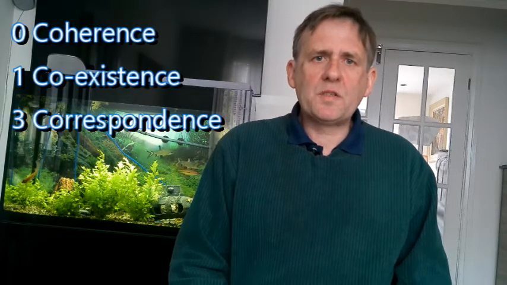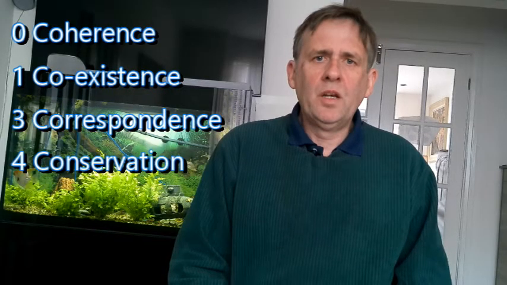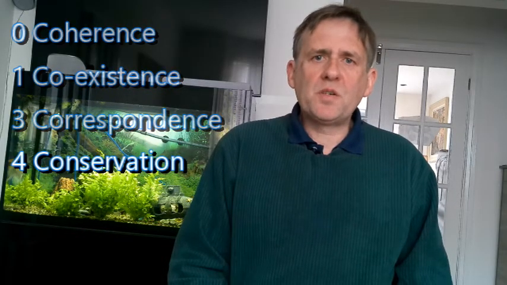This is the third video in my series examining the underlying philosophy that gives rise to the scientific method. In the last two videos, we have examined the four main presuppositions which govern the scientific method. They all start with the letter C, and were coexistence, coherence, correspondence, and conservation. Most of the last video was spent talking about conservation, which is the principle that the laws of the universe are conserved through space-time. The conservation laws result in fundamental physical constants, which are also assumed to be space-time invariant.